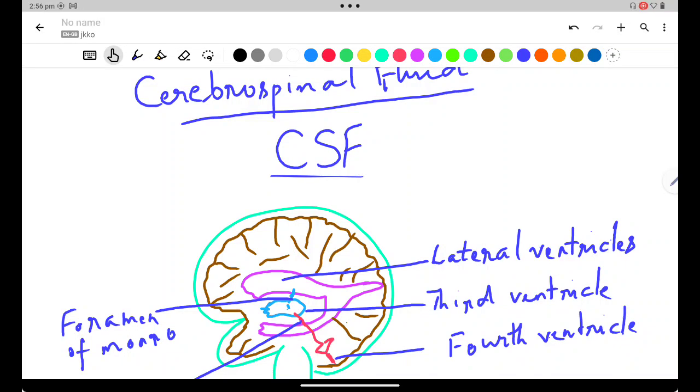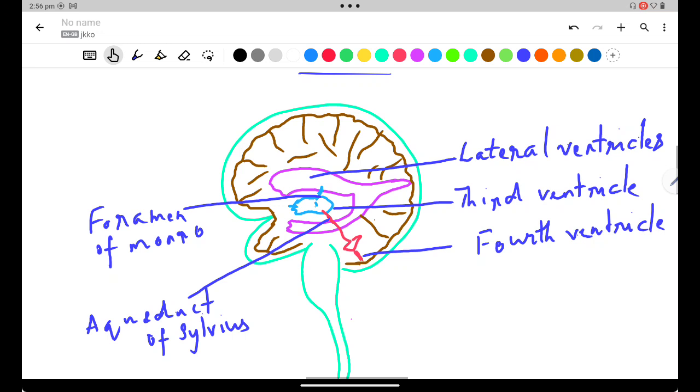Hello, I'll talk about cerebrospinal fluid or CSF. Cerebrospinal fluid is a colorless liquid which protects the brain and the spinal cord from physical and chemical damages. It circulates through the ventricles of the brain and it enters the subarachnoid space and the central canal of the